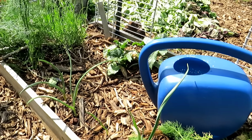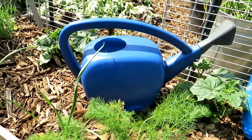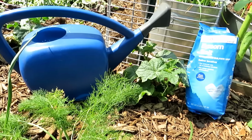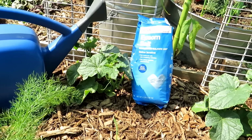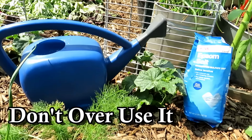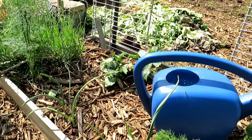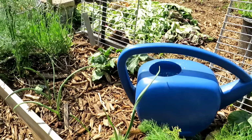I use a lot of compost. I use a lot of mulch. I feed my plants regularly. They probably don't need any magnesium and they don't need any sulfur. The problem with Epsom salt is people were using it every week, every 2 weeks, once a month. They were overdosing their plants with magnesium and sulfur. That will cause a problem. I'm going to show you how to use it,